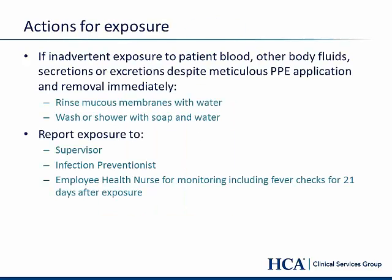If there is inadvertent exposure to patient blood, other body fluids, secretions, including respiratory droplets, or excretions, despite meticulous PPE application and removal, the employee should immediately rinse mucous membranes or wash or shower with soap and water. The exposure should be reported to your supervisor, infection preventionist, and employee health for monitoring, including fever checks for 21 days after the exposure. Diligent screening and immediate isolation of patients are foundational to our focus on preventing the spread